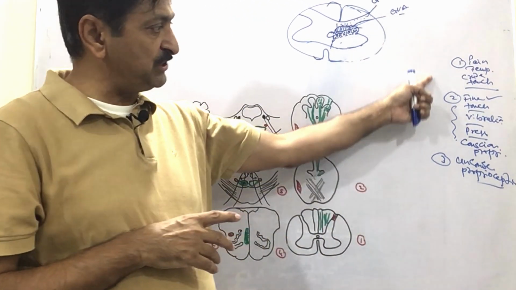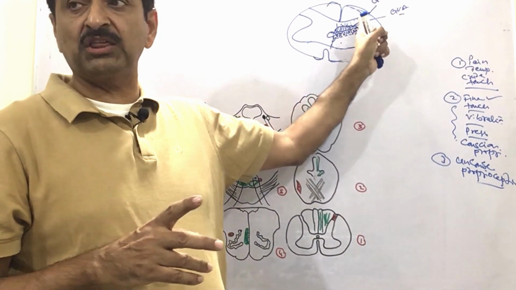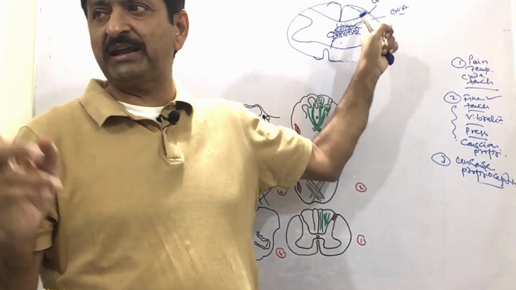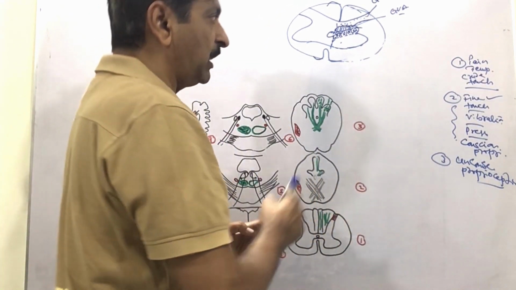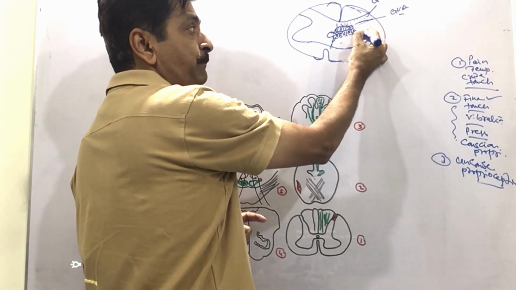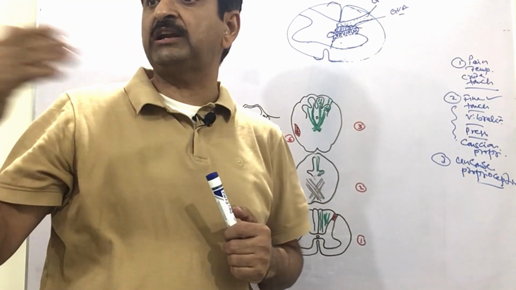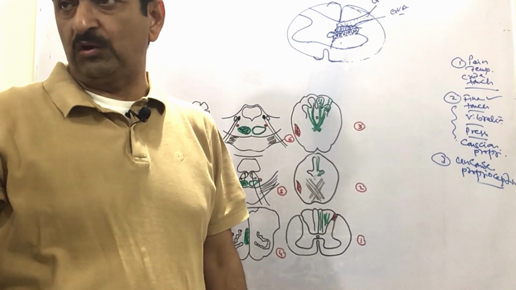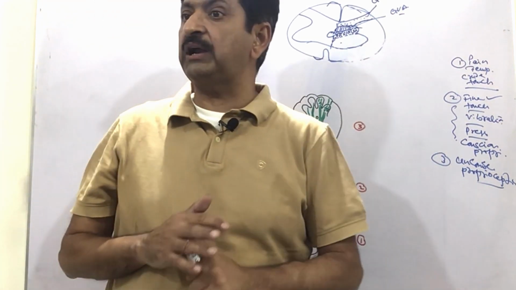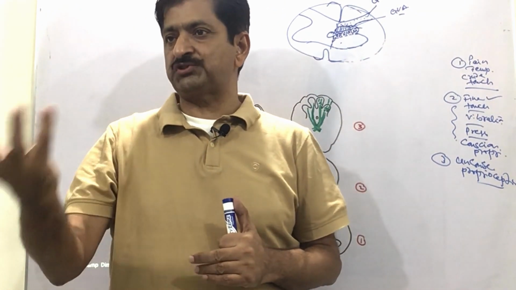So, for example, if you have seen that the nuclei are separate, we must localize here three nuclei in the general somatic efferent column. In that general somatic efferent part, closer to the periphery, you can say the posterior three-fourths of the posterior horn of the gray matter of the spinal cord, there are three nuclei located. And upon each nucleus, under the banner of each nucleus, you have to ask questions here.